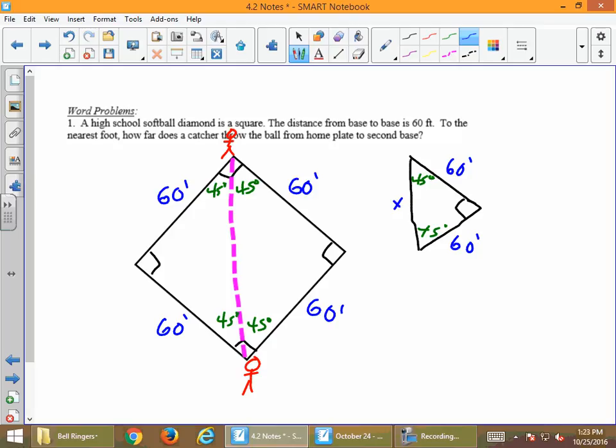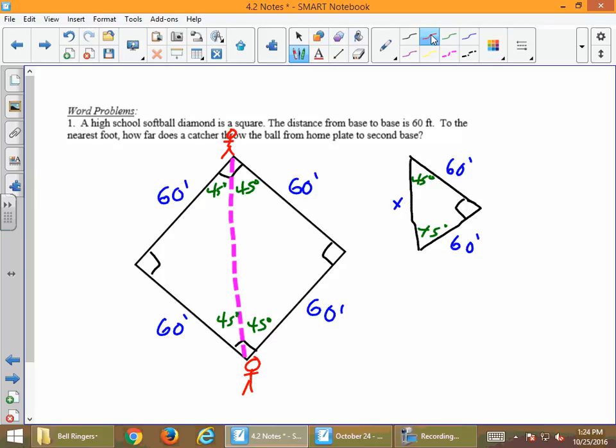I have a 45, 45, 90 triangle. Was I given the leg or hypotenuse? Which piece was I given? A leg. How do I go from a small piece to the large piece, the hypotenuse? What do I need to do? Multiply or divide? Multiply. It's getting bigger. What do I multiply by in a 45, 45, 90? Radical 2. So, when Coach Thomas asks you what the distance from home to first is, the technical